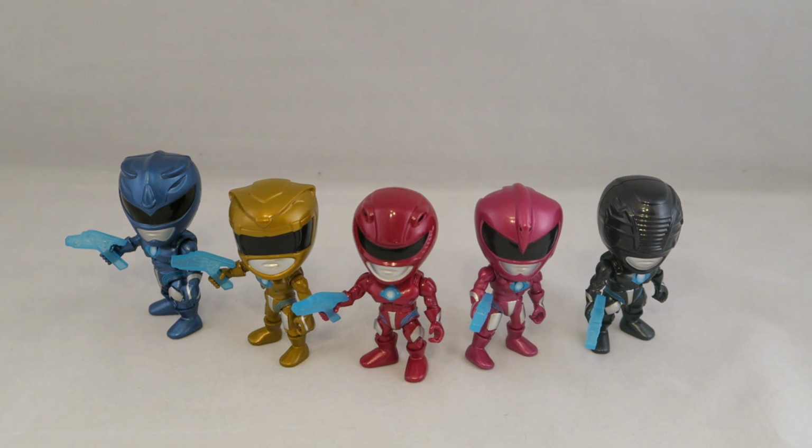Figures. So, if you're not familiar with these, they're basically small stylized figures, sort of like Pop Vinyl or those other ones that I can't think of the name of, but you know the drill for Power Rangers and almost any other franchise. Pop Vinyls obviously being the most popular, but stylized figures in general. I don't remember how recently they've been doing them, but they have done MMPR ones